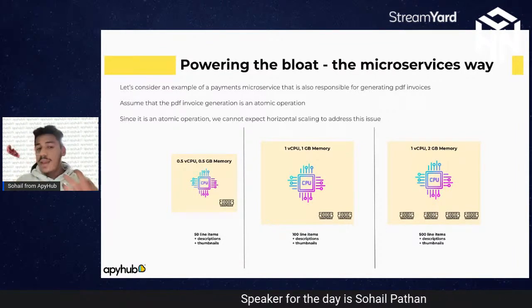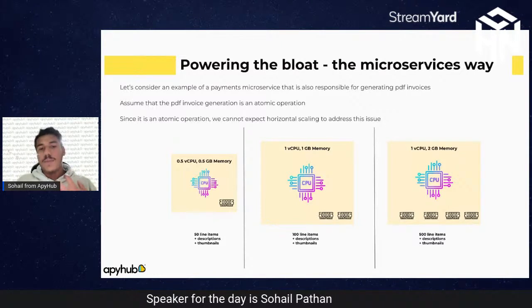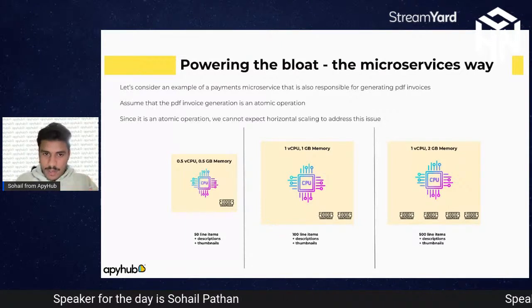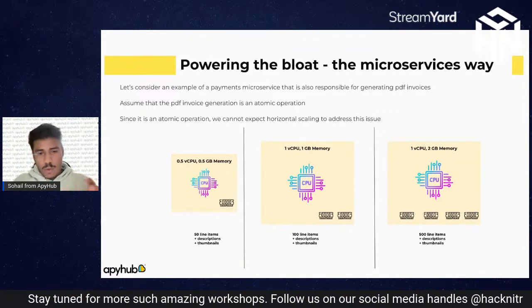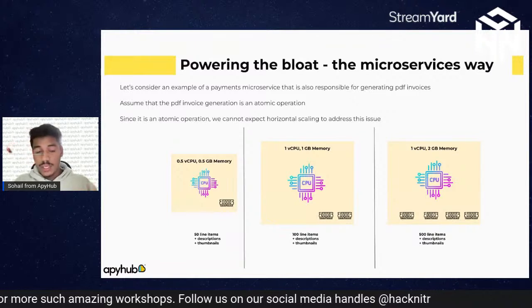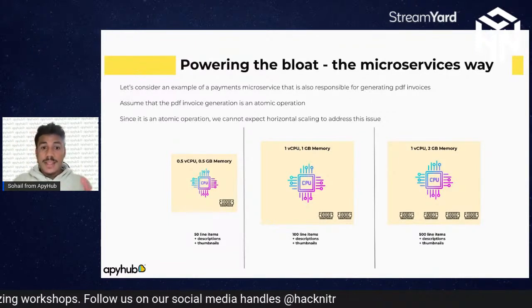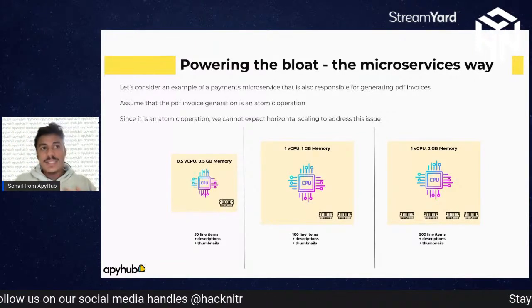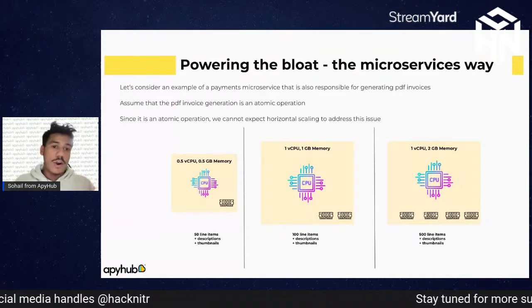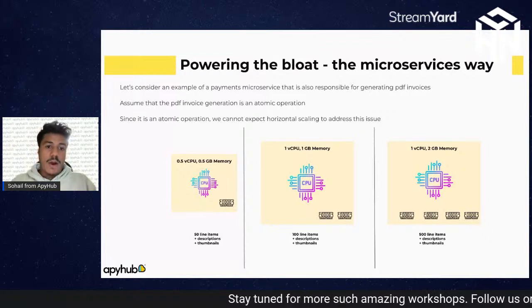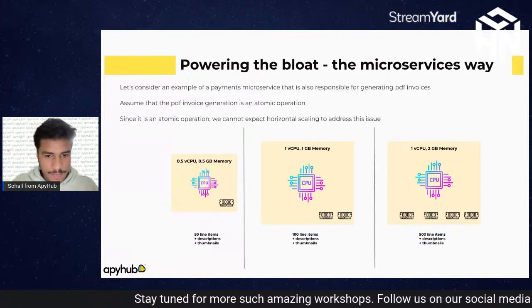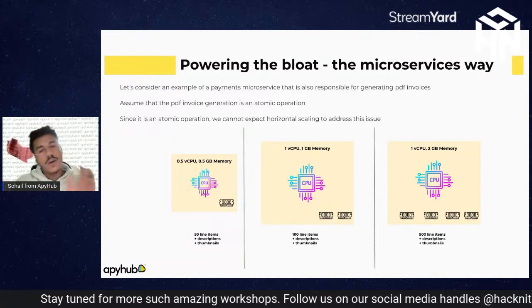So if you see in the back end, the operation is getting performed, the computation is getting performed, right? And since we have allotted a very small amount of memory, space, and CPU to that microservice, there is a high chance that once such a request comes with 100 orders, your microservice will either go down, or you will feel the lag. It has to be either this way or this way.